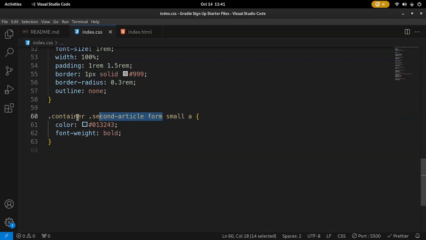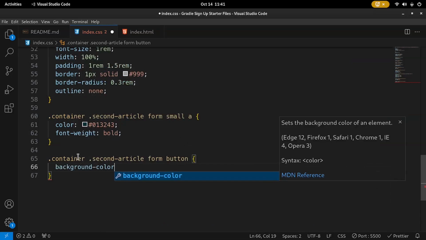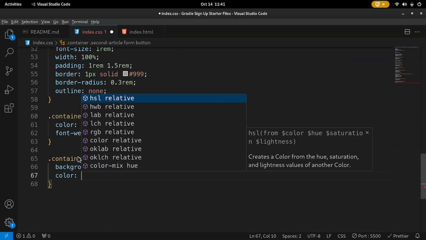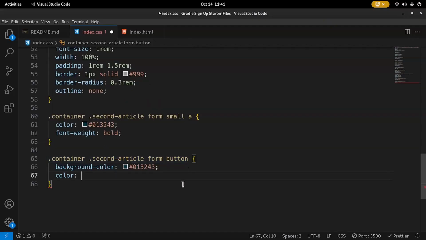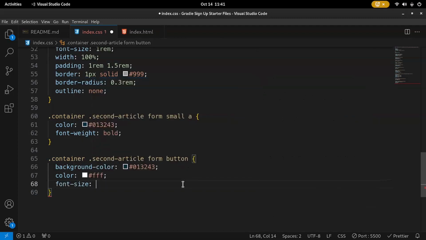And for the button, we're just going to copy this and say that for the form and then the button, we want the background color to be hashtag this one. We want the text color. What is the color of the text? It's white. Okay, so we want the color to be white. We want the font size to be 1 rem. We want the font weight